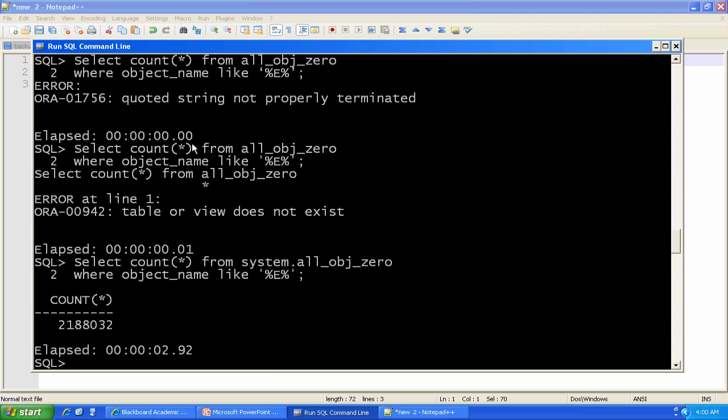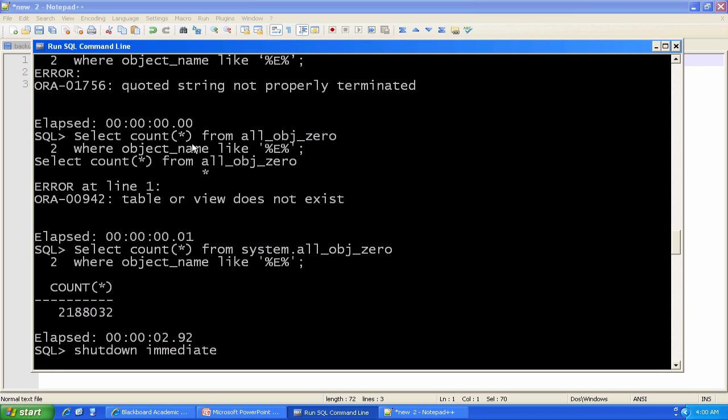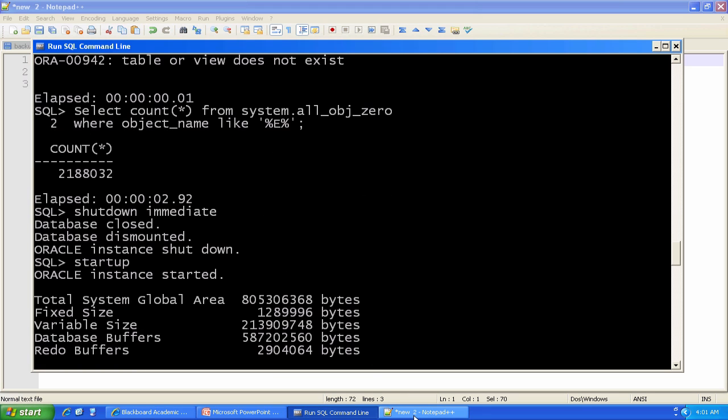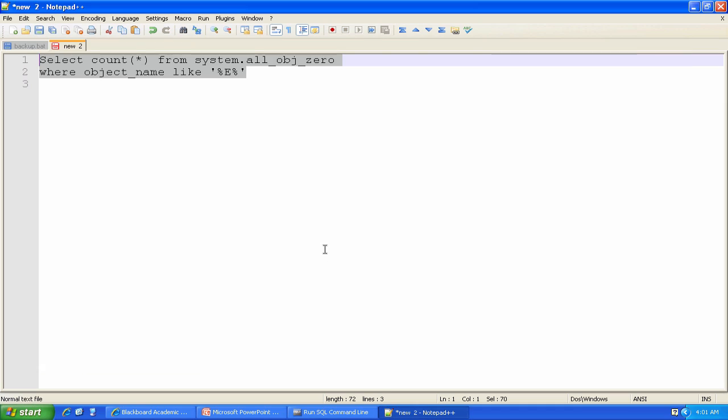What I'm going to do is bounce the instance so I don't get any caching effects or anything like that in memory. I shouldn't have any caching effects between these two tables, but just in case, we're going to shut it down and start it up clean. Oracle has started up, and now what I'm going to do is select star from all object 50, where object name like E. Now, what we would expect here is because with 50% free in all object 50, the data,